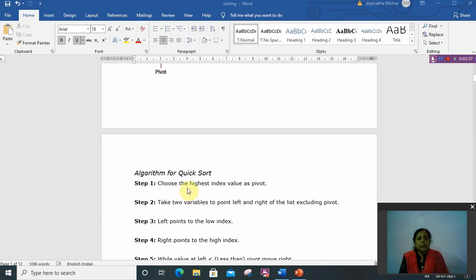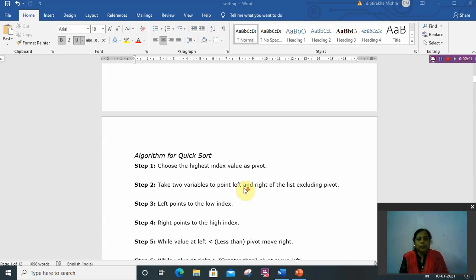So let's discuss the algorithm of quick sort. First of all choose the highest index value as pivot element. Then two variables point to the left and right of the list excluding the pivot element. Means there are two variables, one pointing to the left value and one pointing to the right value, excluding the pivot element.